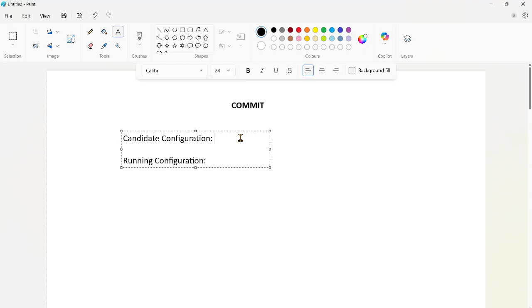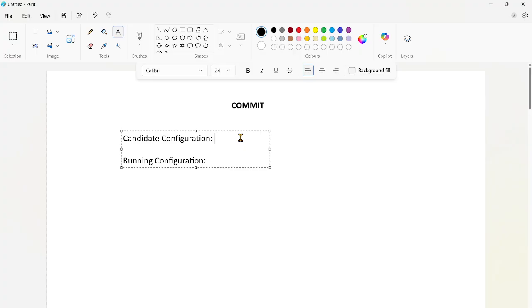Candidate configuration means whatever changes we make on the firewall will be available in the candidate configuration. You have a requirement to create policies or configure something on the firewall, so you have configured everything.